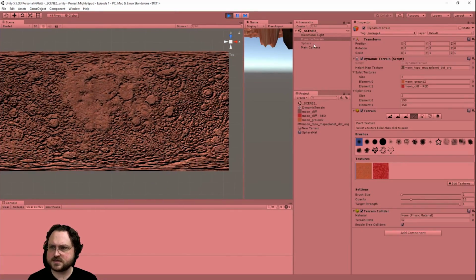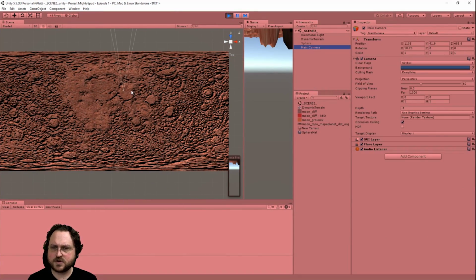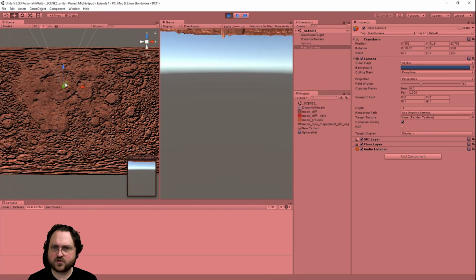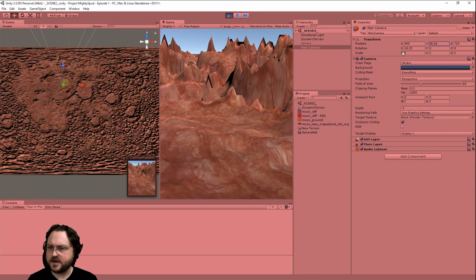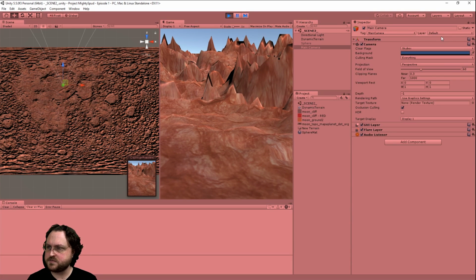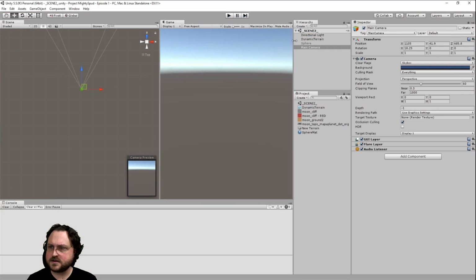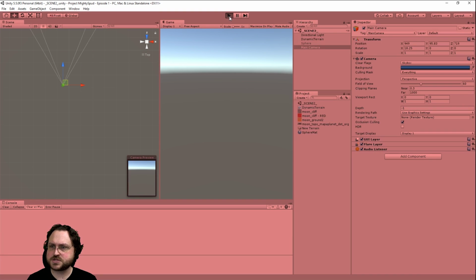Let's take a look at this and see. I'm going to take the main camera, and I'm going to move it such that it's in the crater here. It'll have to get moved up again. And thanks for the great tip. I'm just going to copy the value from this component. I'm going to stop playing it. I'm going to paste the value into this component so it keeps those changes and hit play.